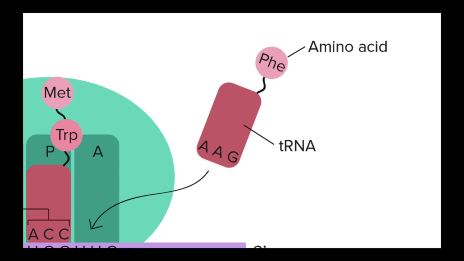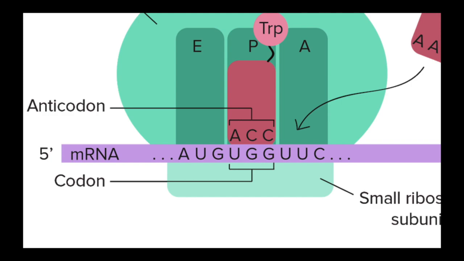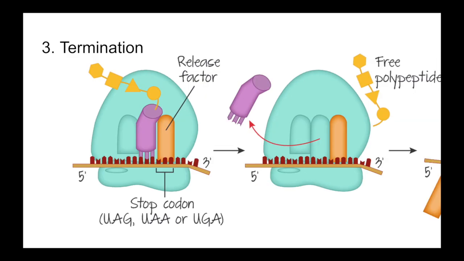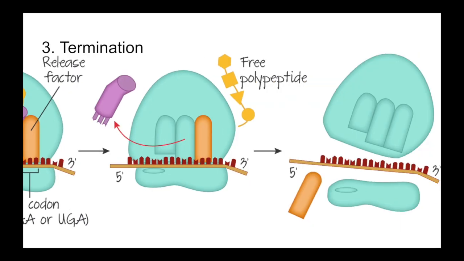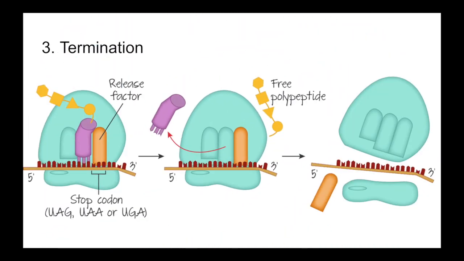Okay, back to tRNA. tRNA has an anticodon. When the tRNA enters the sites, the anticodons recognize the codon of the mRNA through complementary base pairings. The codons are read by the anticodons, and the process only starts when the start codon is read. Termination. Termination occurs when a stop codon is read. Release factors, which are tRNA-like molecules without an amino acid, bind to the stop codon and help remove the polypeptide from the ribosome. The polypeptide is now free.